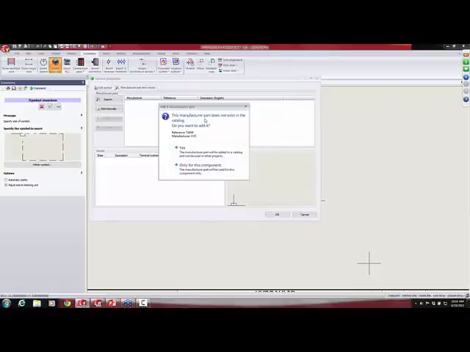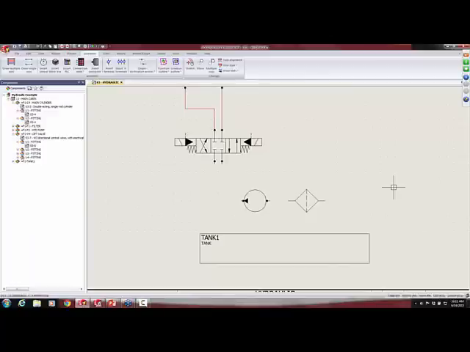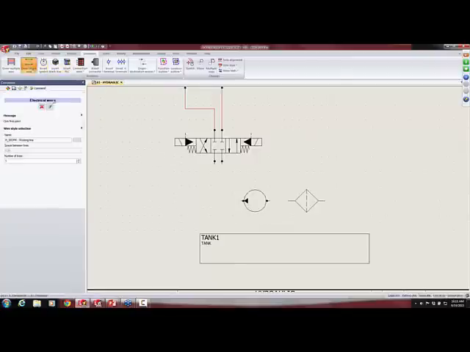And do I want to add this manufactured part to my system database or just for this project? I'll just do it just for this project. I'm not going to need it again. So there's my tank. And now I can do my routing to this. So I can use my single line and go to my wire manager,